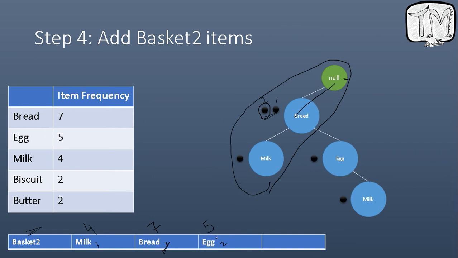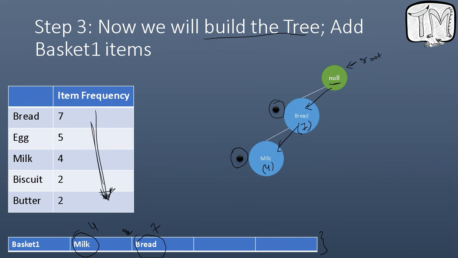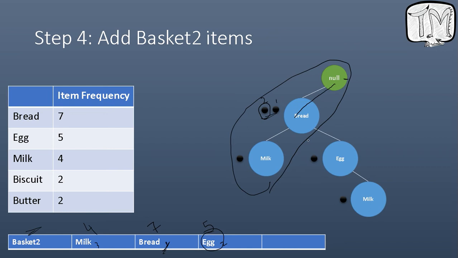Okay, now next element to add is egg. So as you can see here, after bread there is no egg. Okay, there is no child by the name egg, or you can say sub node by the name egg, or containing the value egg. So we created another node here after this by the name egg. Okay, and since egg is appearing for the first time, we put 1 dot here. Okay, now we are adding every node in a proper chain fashion.